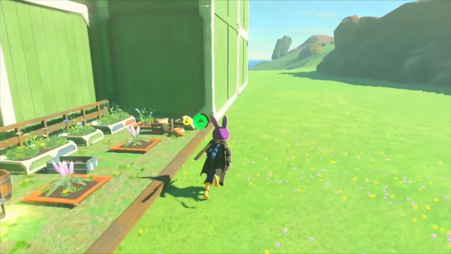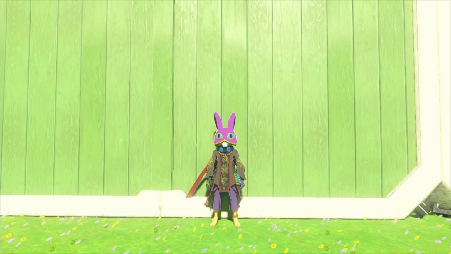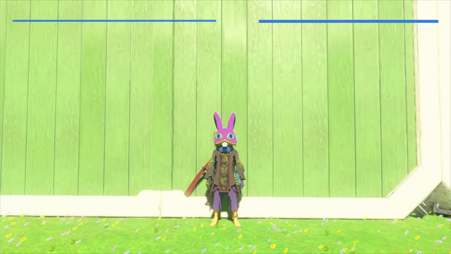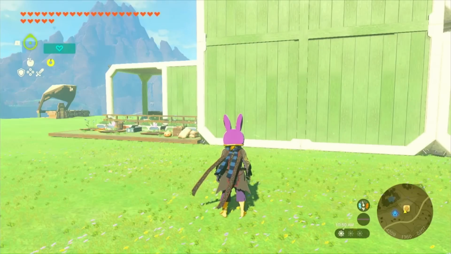And then you're also going to need a flat wall. And then the glitch specific requirements, I'll put those up on the screen right now, so you can pause the video, go collect those, and then come back when you're ready. Now that we have everything we need,